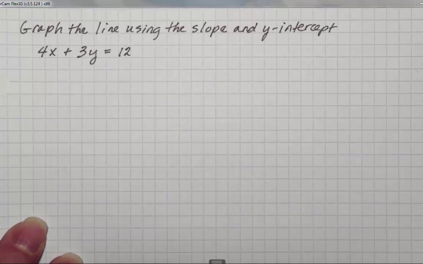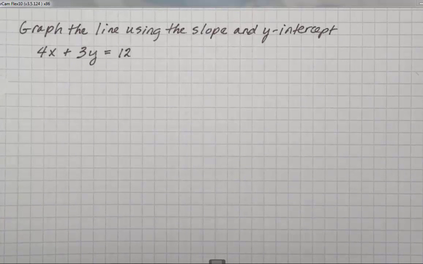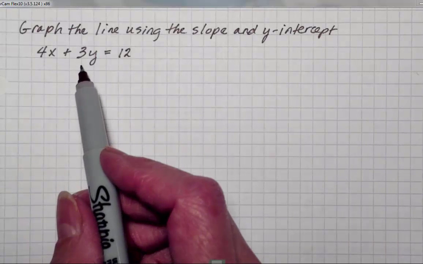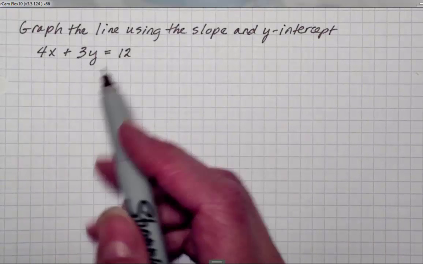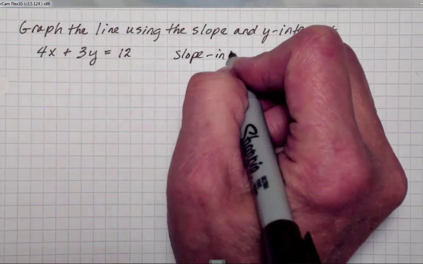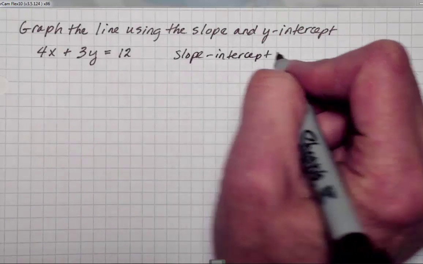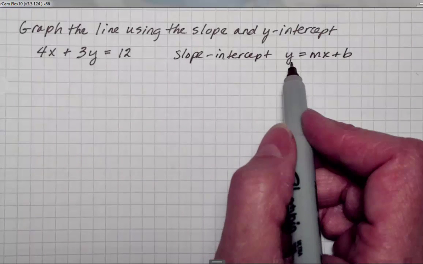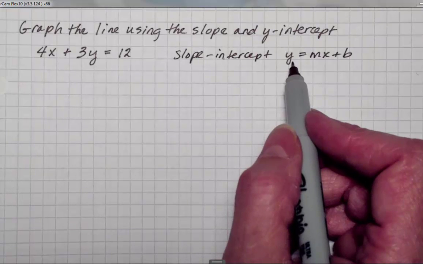We're going to graph a line using the slope and y-intercept. To be able to use the slope and y-intercept, we need to get this equation into what we call slope-intercept form. So slope-intercept form for a lot of students is the y equals mx plus b form. That means that we need to get y by itself on one side of the equation and everything else